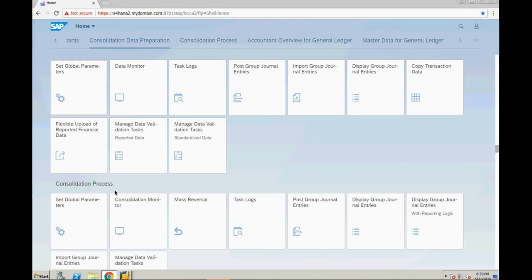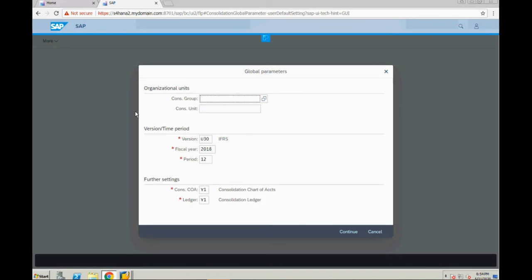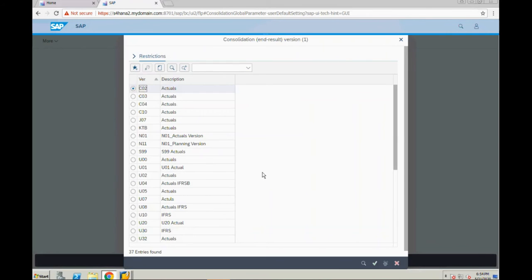See, your customer might have different legal consolidation requirements based on their accounting standard. They might have different ledgers, one for IFRS, one for US GAAP, one for UK GAAP, one local GAAP. So which consolidation do you want to do? That you have to select as part of global parameters. For example, I want to do the consolidation based on IFRS. So select U10. You can create different versions.